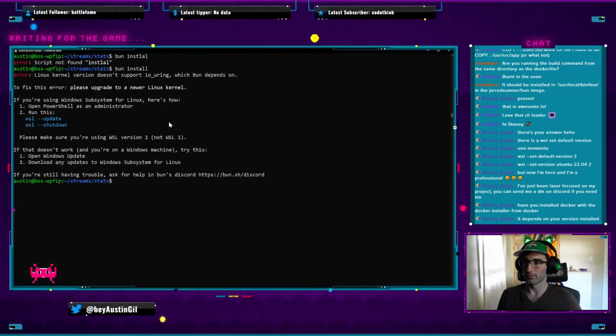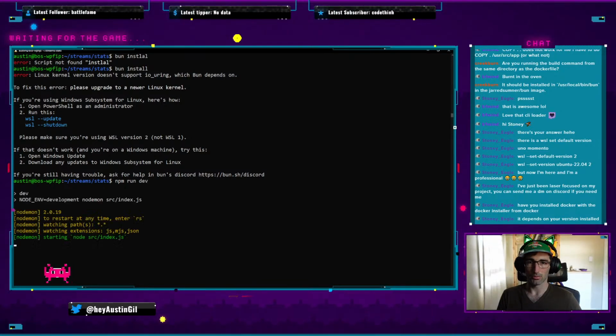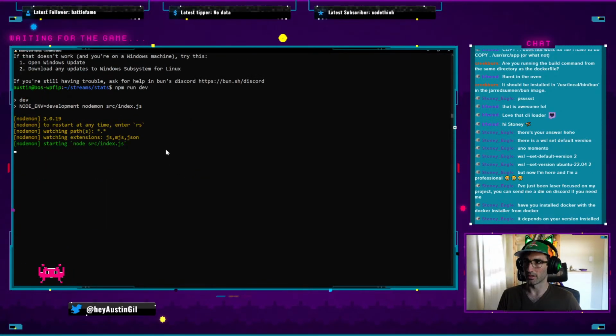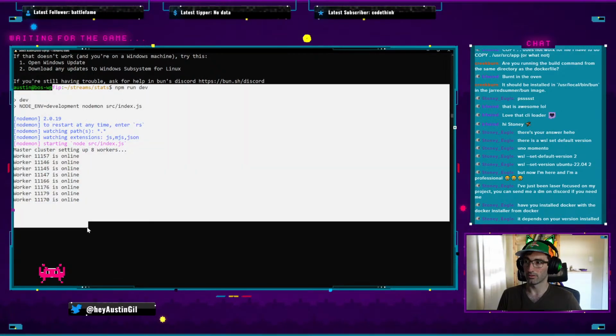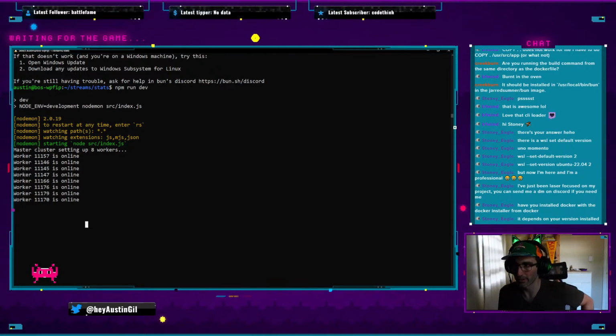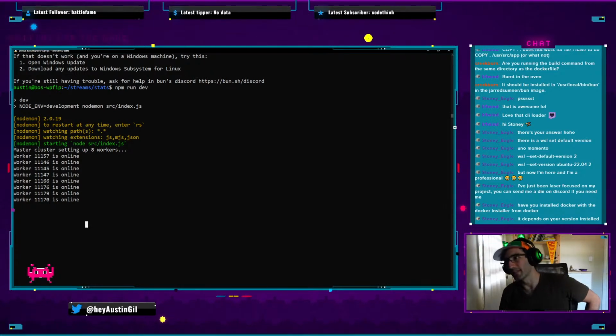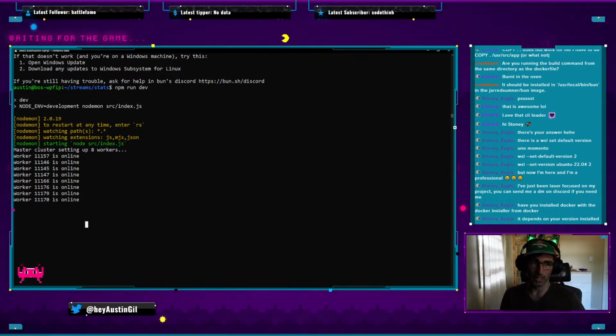Not running, of course. npm run dev. By the way, if anyone has a good process for having live reload for your server and your browser on an Express app, that would be awesome, because I can get it to live reload when I hit save. But